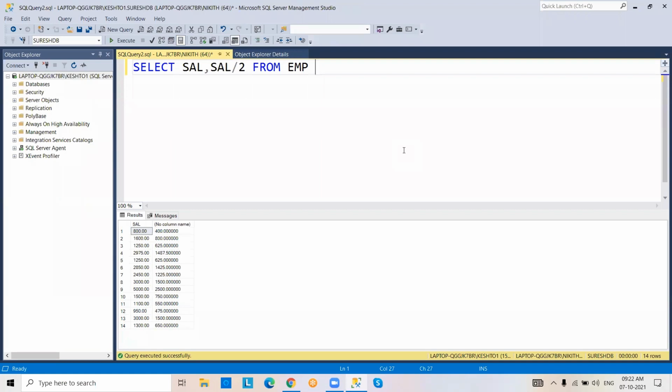See this. Salary retrieved, half month salary retrieved. Okay, this is the way. So these all come under arithmetical operators. Okay, no? This is the thing.